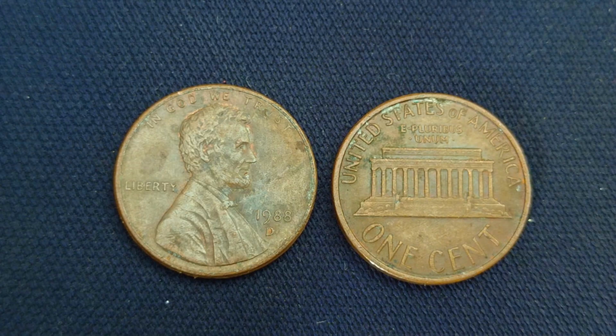And collectors are especially drawn to coins with full red luster, flawless surfaces, and strong strikes, as these attributes are scarce on zinc-based cents, which often corrode, tone, or suffer from poor plating over time. And when you add all of these factors together, it becomes easier to understand how a 1988D penny could be appraised or even sold for as much as $3 million in extreme cases, because it represents not just a coin,